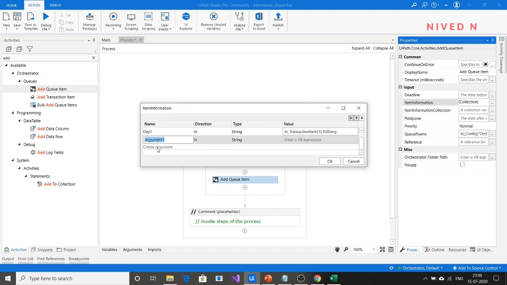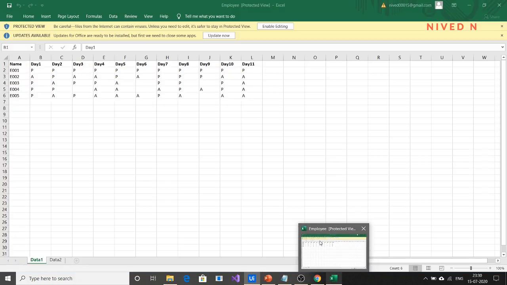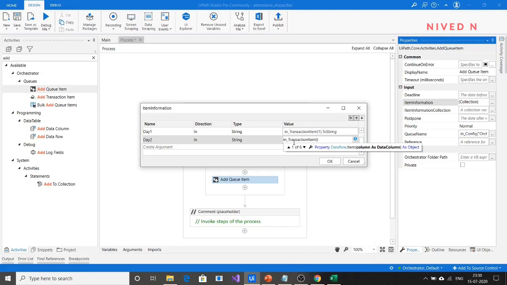Similarly, day 2, I have to specify day 2. The value is in transaction item. Its column index, I think it is 2. So you can specify 2 dot to string. Similarly, you can do this for up to day 3.